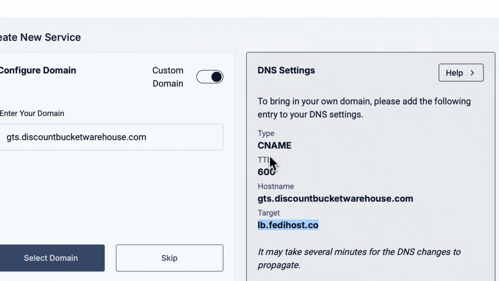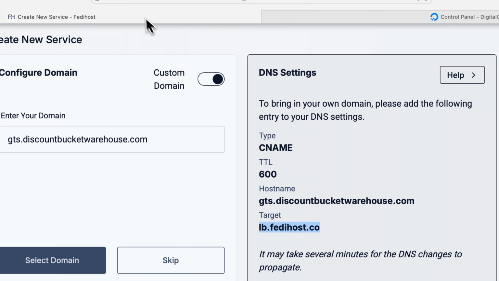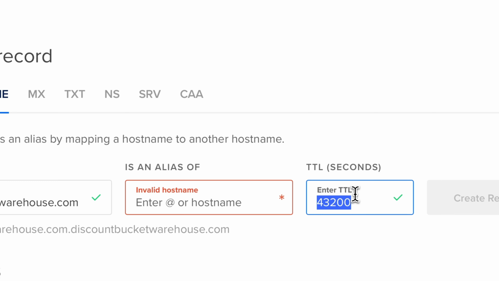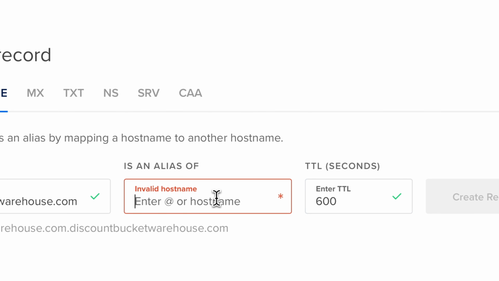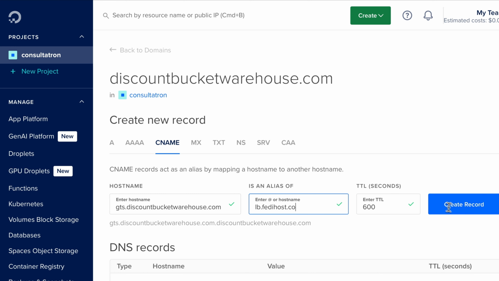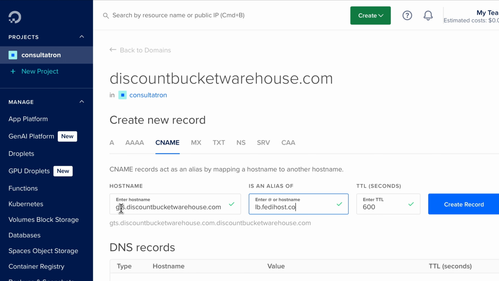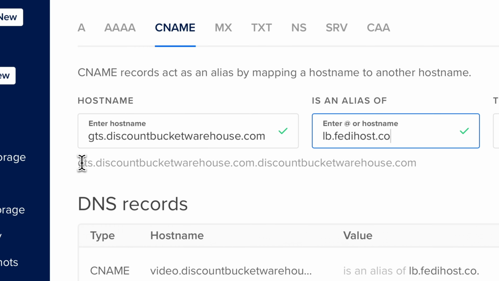Because you look at the fields and you're like, well, TTL's there, 600. So the only record that's left is this one. Now, you might be tempted to hit create record right now if you have an interface like mine. But this is where there's a kind of thing that can catch you. You can see over here that the host name we pasted in is fine. But if you look at what it's resolved to